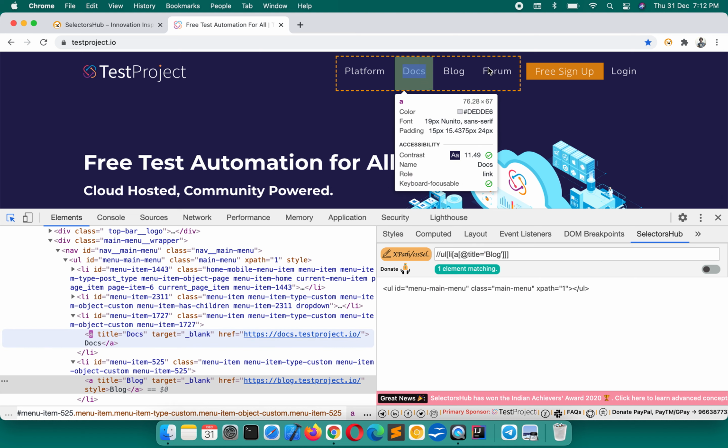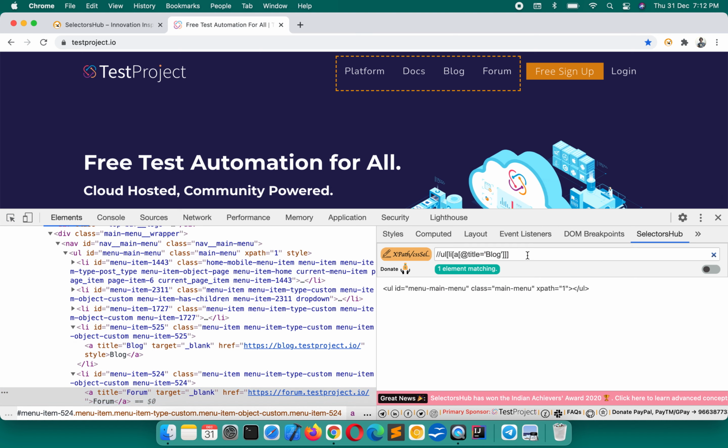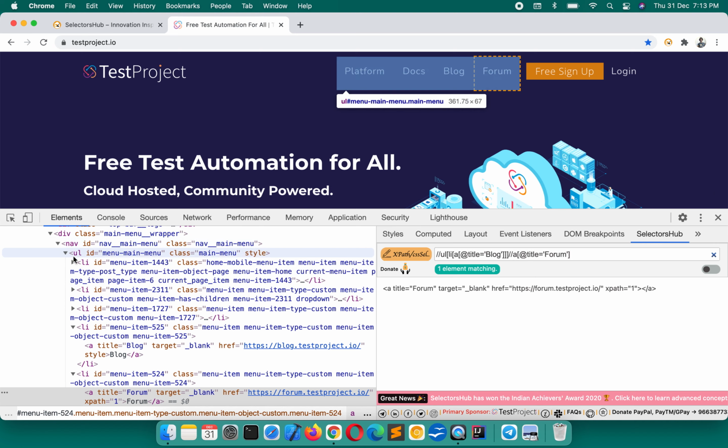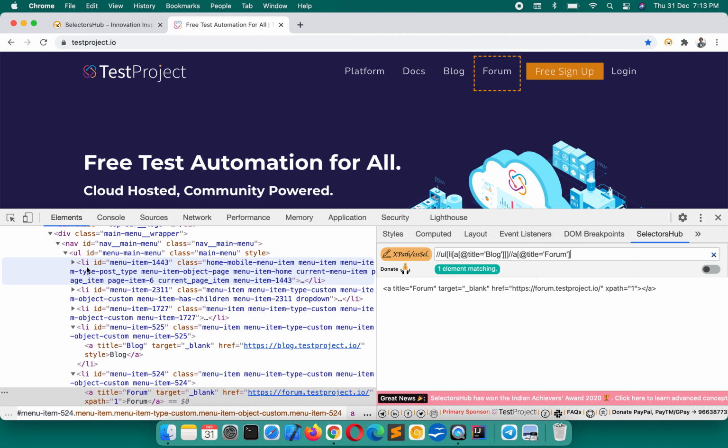Now we want to write the XPath for forum. So just a double forward slash and this forum, and that's how we can write the XPath without using axes. But the problem with this kind of XPath is that if something gets introduced in between, like between the ul and this li, say all the li's start coming inside a div, this XPath will break, because we are using single forward slashes and traversing back one by one.